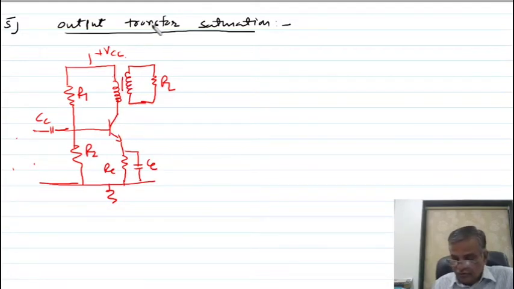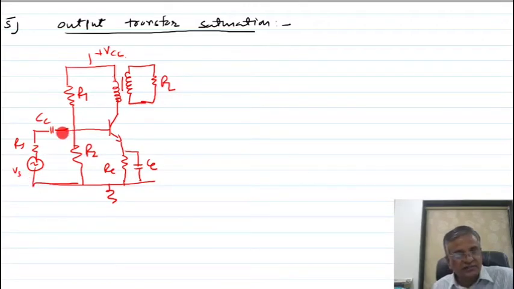Now as you apply this AC signal, the base current changes, and as the base current changes, the collector current changes. As the collector current changes, the flux associated with the primary changes. As the flux associated with the primary changes, the flux associated with the secondary changes due to mutual inductance. As a result, output voltage is developed across RL. Look again at what I am telling you.